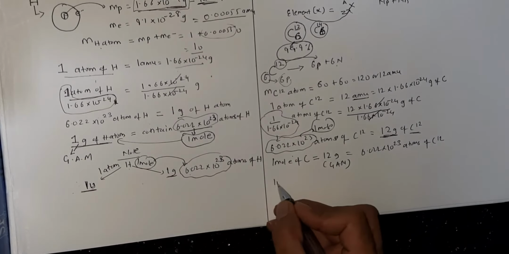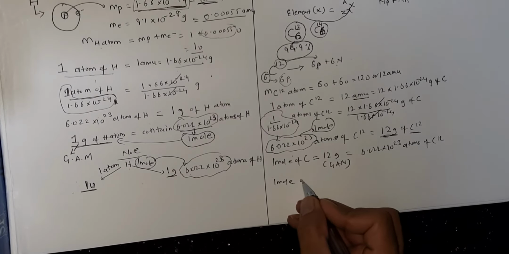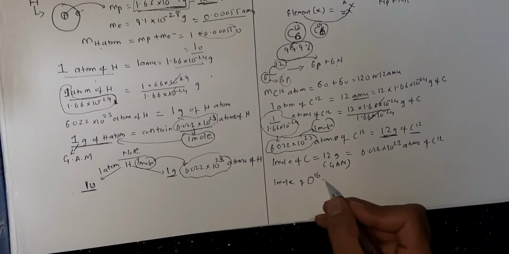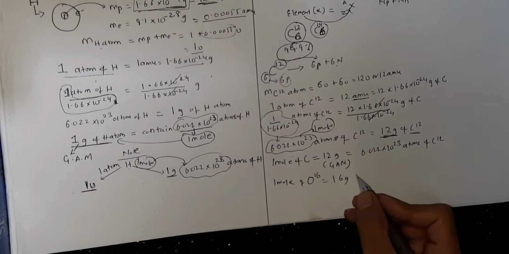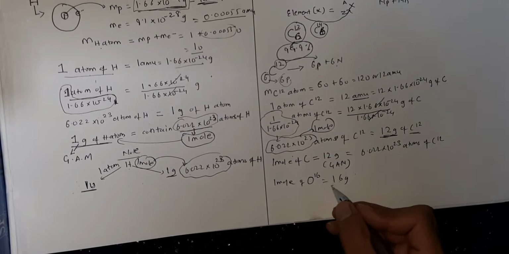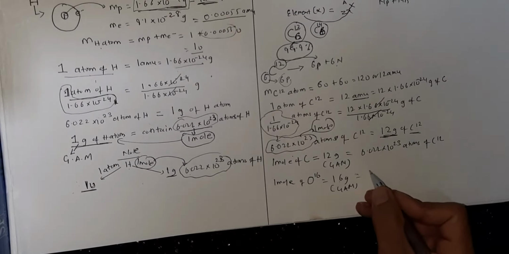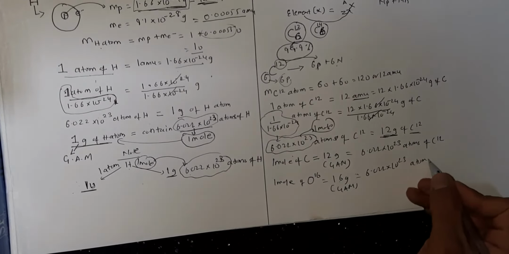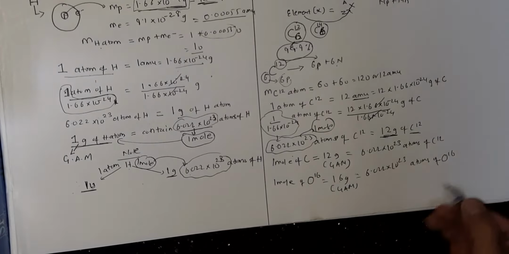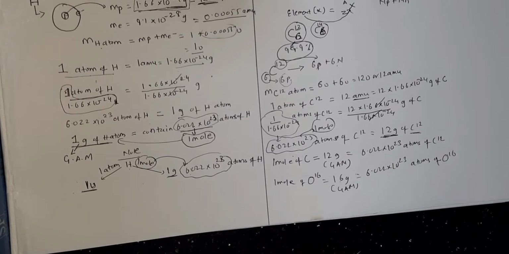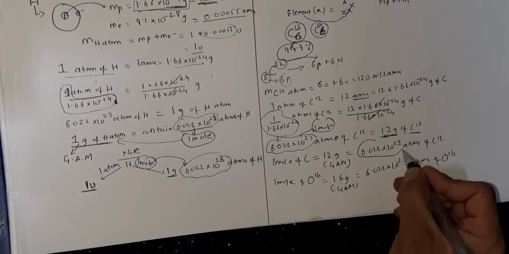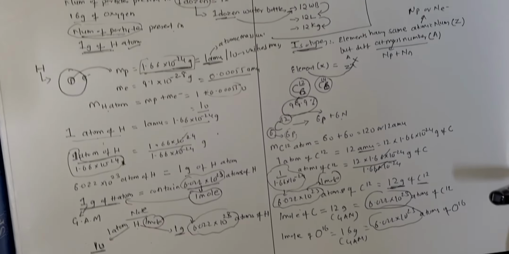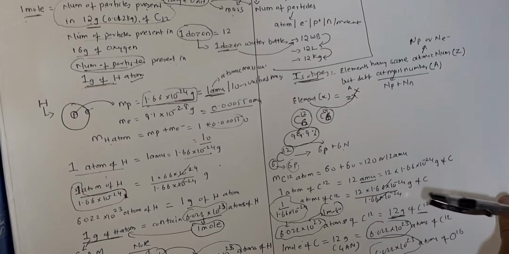Similarly, if I say 1 mole of oxygen whose atomic mass is 16, so you will say, sir, it is 16 gram, or this becomes the gram atomic mass of oxygen, or it will be equal to 6.022 into 10 raised to 23 atoms of O16. Clear? So now this number 6.022 into 10 raised to 23 becomes 1 mole. Remember this number becomes 1 mole,